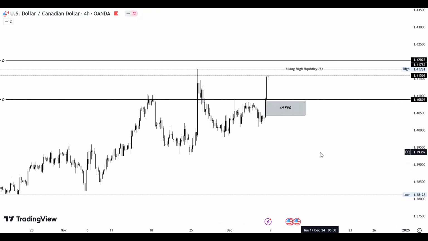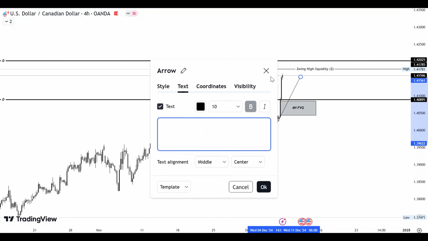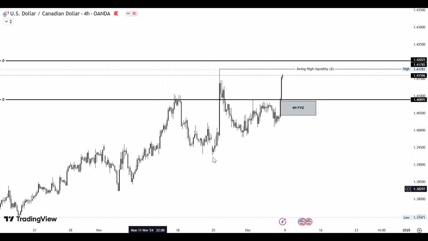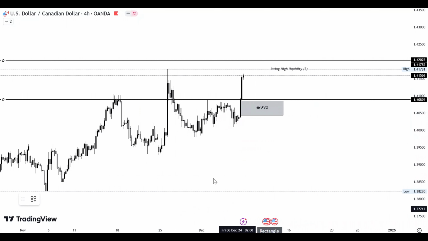Now, one thing you also need to look out for is where the market got to before making this reversal to the upside. We are going to find out where the market got to. Now, if you look to your left-hand side,